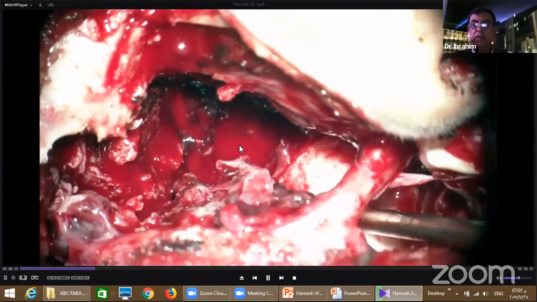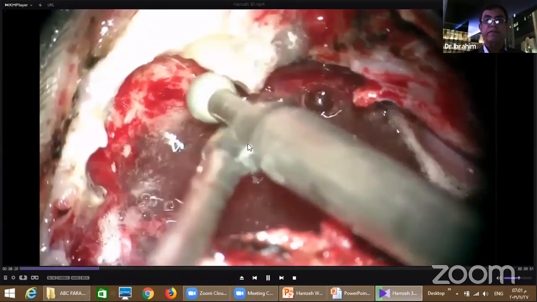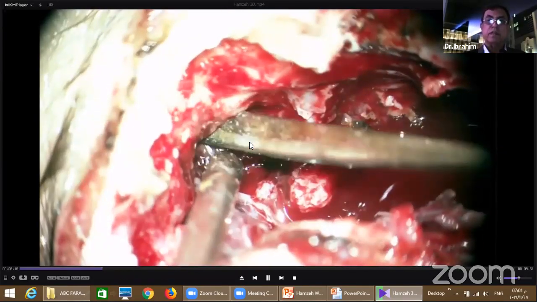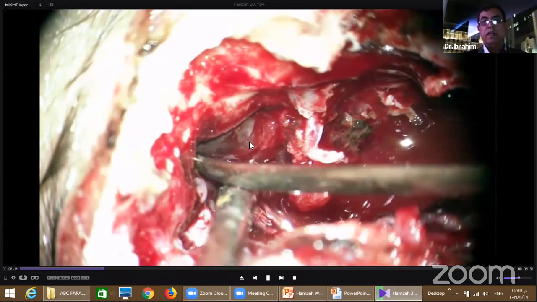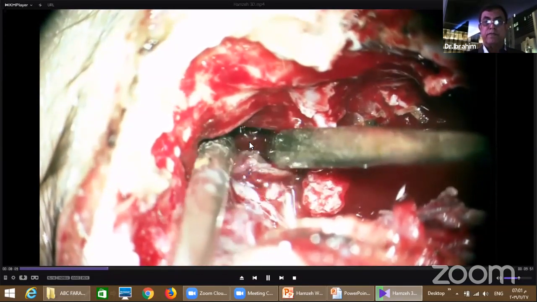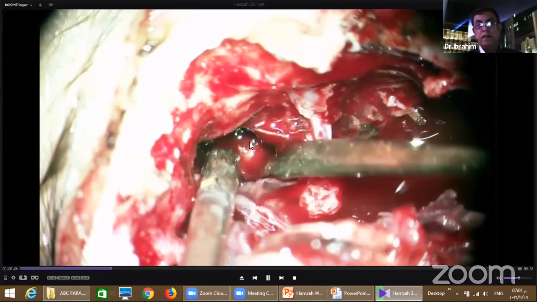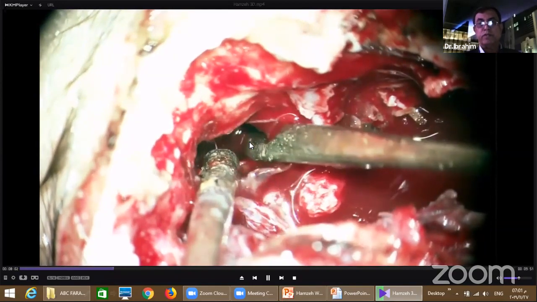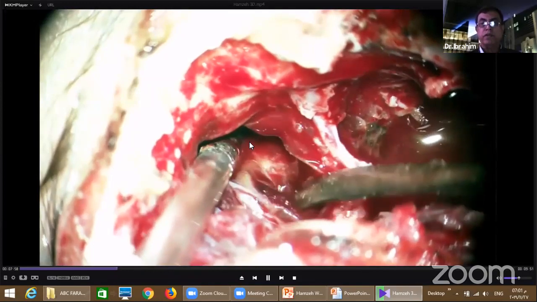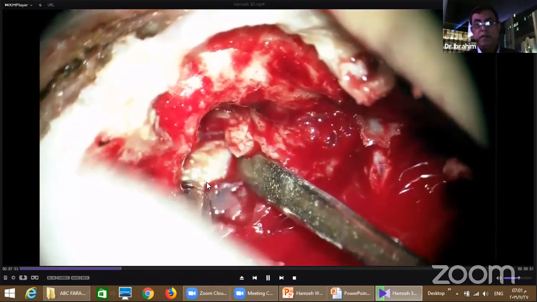You want to preserve the nasolacrimal duct, and you want to preserve the infraorbital nerve, the so-called nerve of kissing. And most importantly, you want to preserve the anterior cranial fossa, and you want to preserve the optic nerves, and so on. So I'm looking here to find a plane of cleavage between the tumor and the dura. We know the dura is not there, the bone is not there. So maybe if I can find a plane of cleavage, then I can,